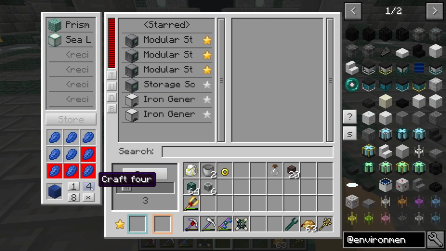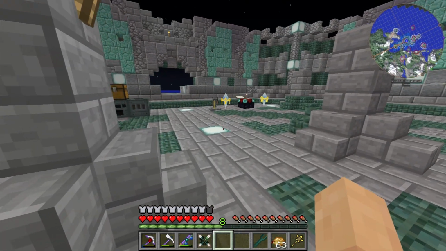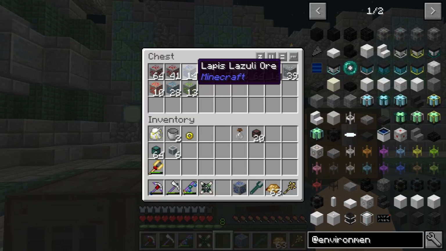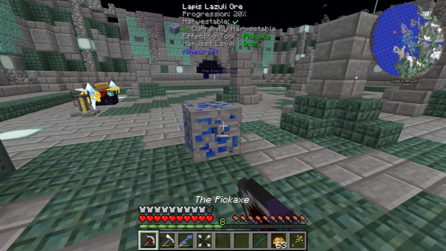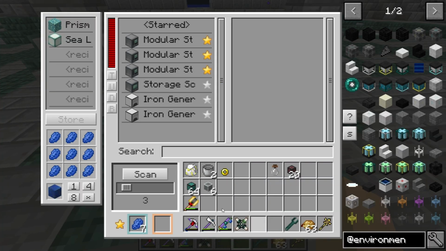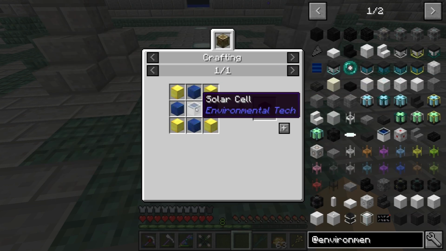And we need 4. Oh, no. 1, 2, 3. Rip. We're short by 4 lapis. Oh, no. Luckily, we happen to have some right here. Perfect. Got enough. No big deal. Okay, 1 more. Excellent. All right, now we need the solar cell that goes in the middle here,